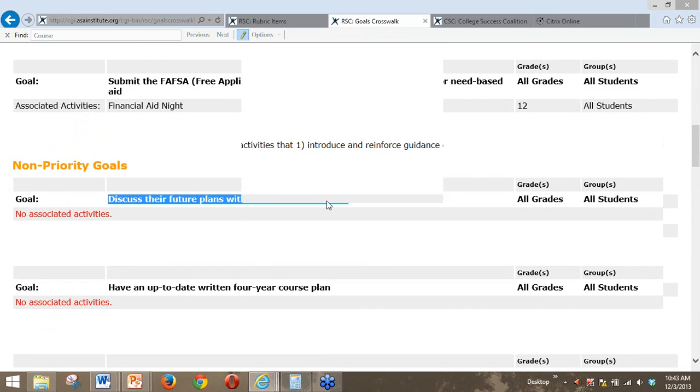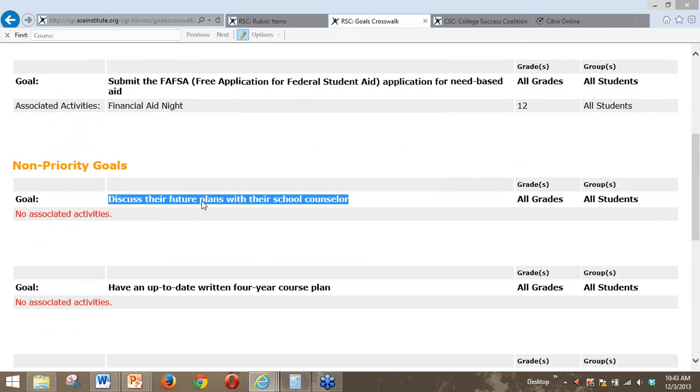Or let's say that I get to this point and I'm thinking, oh my gosh, I don't have enough time to do one more thing. I can't possibly add another activity. So if that's the case, then we want to go back to the goals page and delete this goal. No use having a goal if you're not going to do anything to help kids reach that goal.